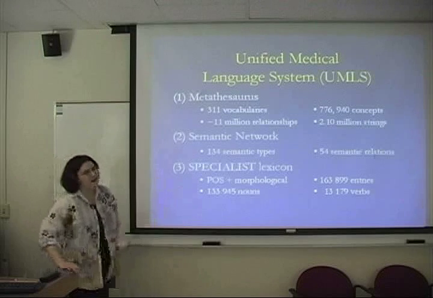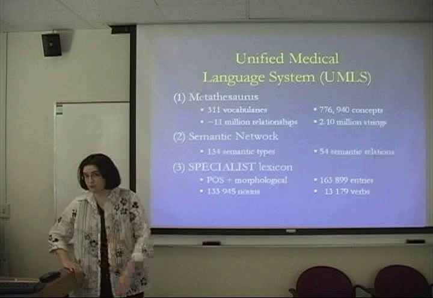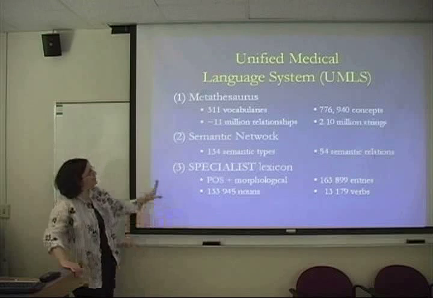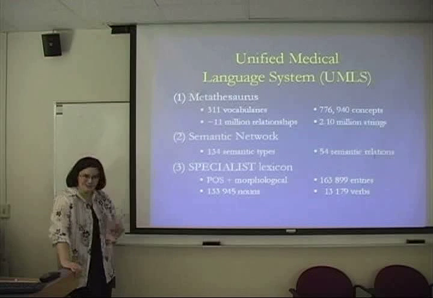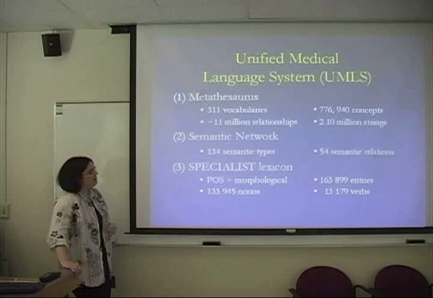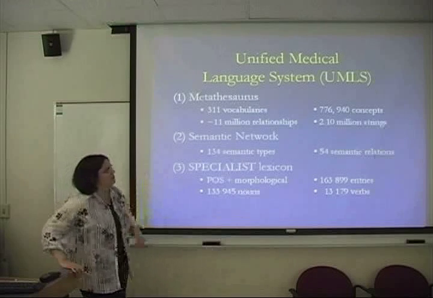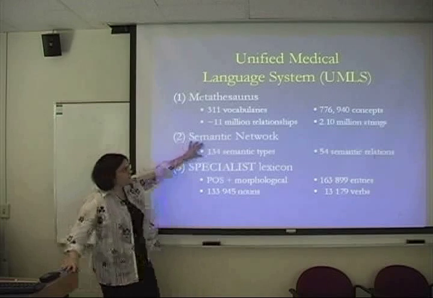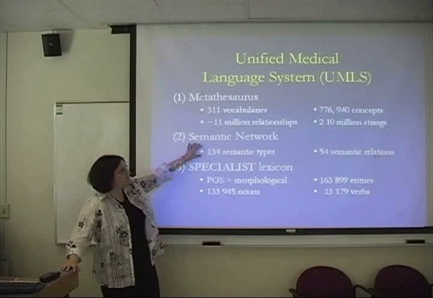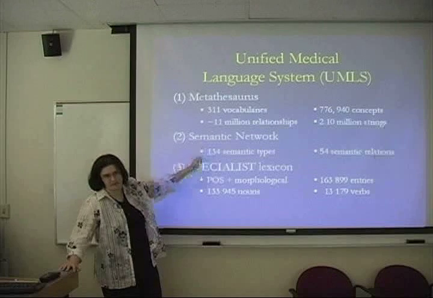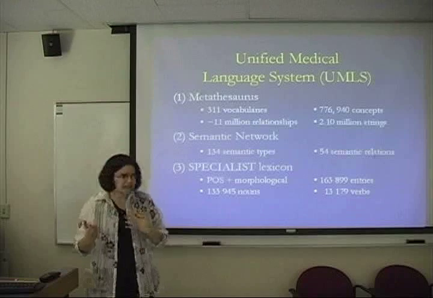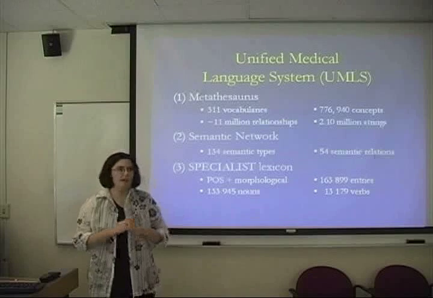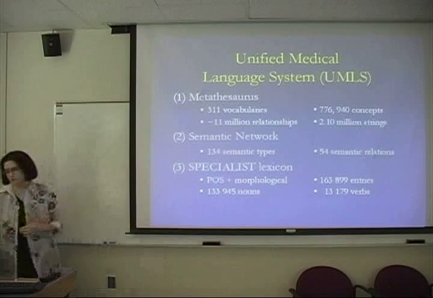So we used the Unified Medical Language System, which is a knowledge resource by the National Library of Medicine. Very extensive, has millions of concepts. This is actually somewhat out of date because this is the 2004 version, and obviously it's 2007, so there are more concepts now. The important thing that this project tapped into was this notion of the semantic types and the semantic network. And again, this was looking ahead at what sorts of things make sense at each of these intermediate stages and making sure that you only kept information that was related to those.